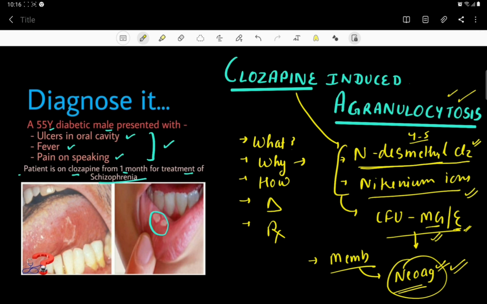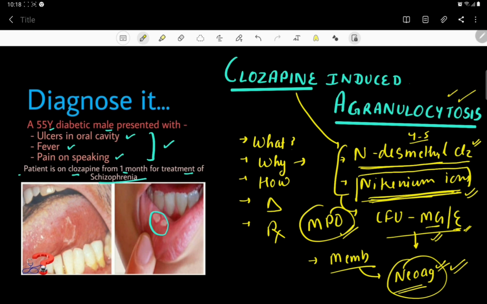Well, there is no one hypothesis that correctly explains the development of agranulocytosis, but a combination of these four or five mechanisms can explain the development of clozapine-induced agranulocytosis. One more interesting thing is why these nitrenium ions develop and destroy only granulocytes. The enzyme needed for the development of this nitrenium ion from clozapine is myeloperoxidase, and that enzyme is quite specific for granulocytes and the other myeloid series of cells. So that is why the myeloid series is affected more.